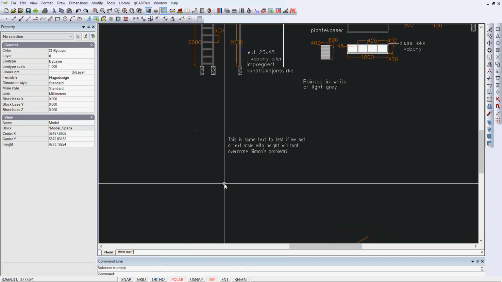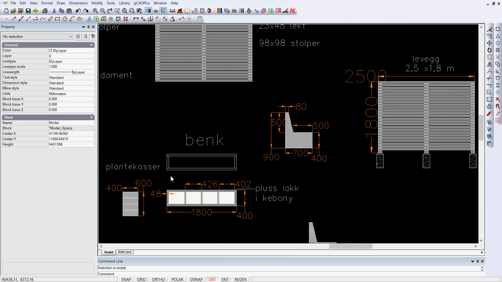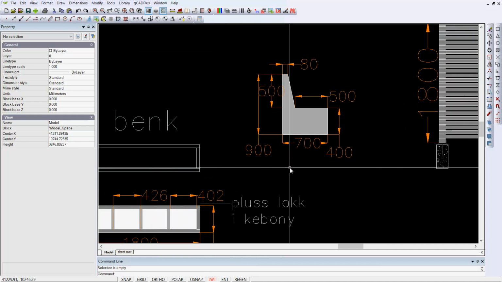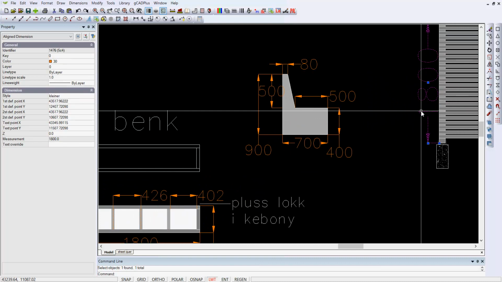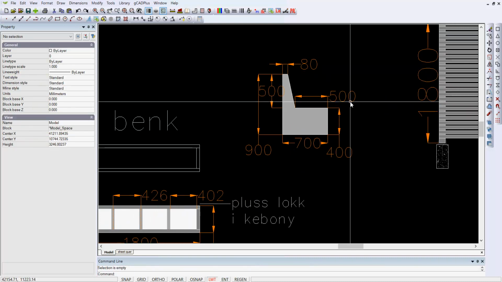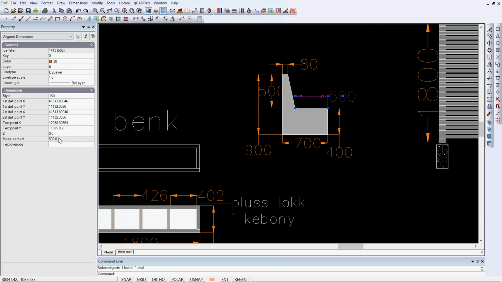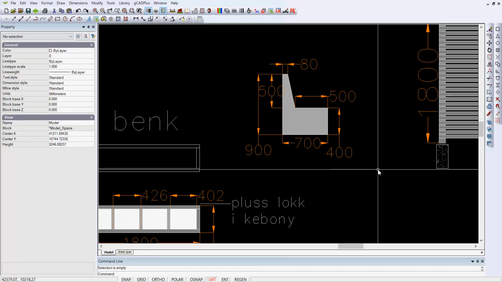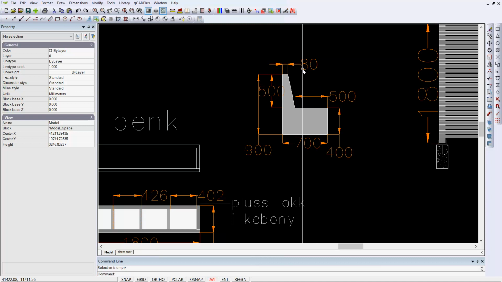version of gCADPlus. Well, you can adopt a very similar style and set dimension styles that work just a little better for you, and just ring the changes as needed, and the dimension styles live in the drawing, and these can live in a template file. So to illustrate, if we look over here, this is in a dimension style called kleiner or smaller, and if we pick this dimension here, it's a style called 150,